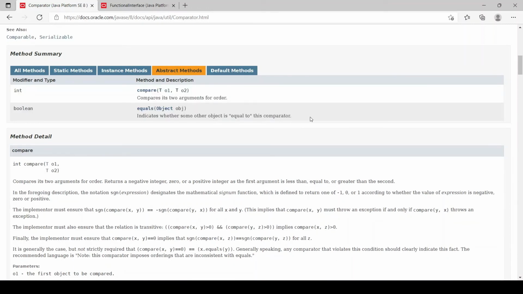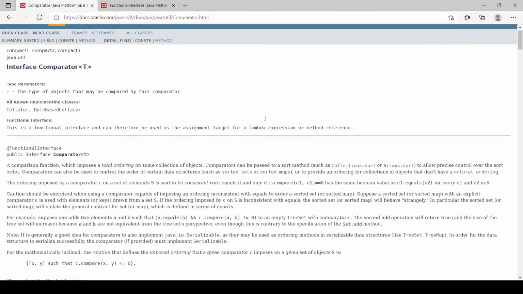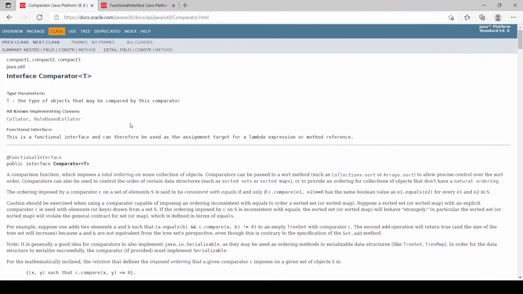So what's going on? Just moments back we said a functional interface is an interface which has only one abstract method. But if you closely take a look at the second one, it's the equals method, which is also present in the Object class. So this doesn't count towards the abstract method count for the functional interface. So technically, Comparator is still a functional interface, and that's why we are able to use that in lambda expressions.